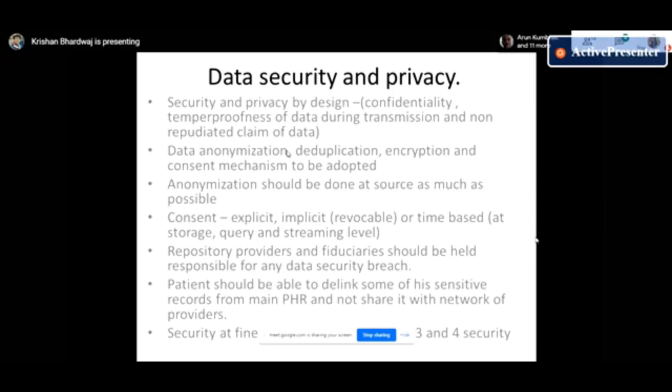So one more thing I want to add is, yesterday I covered data anonymization and deduplication. So data anonymization, deduplication, encryption, consent mechanism. These are some of the techniques which NDHB recommends. But in that, what NDHB says is that all your records should be collected at a central place and then anonymization should be done. In my opinion, anonymization should be done at the source itself